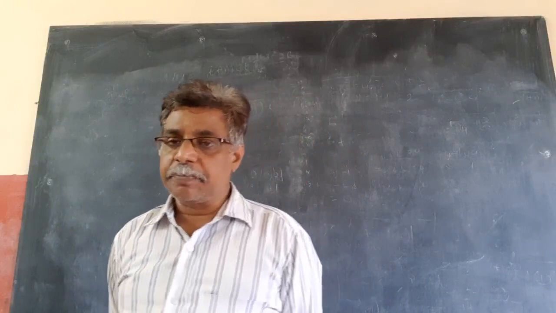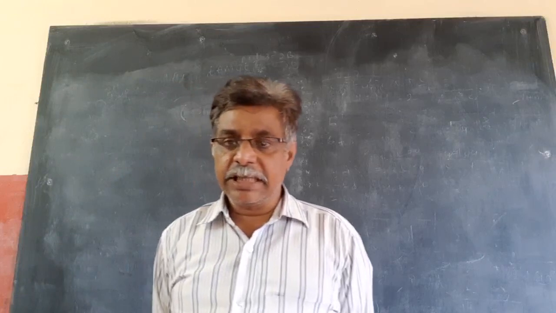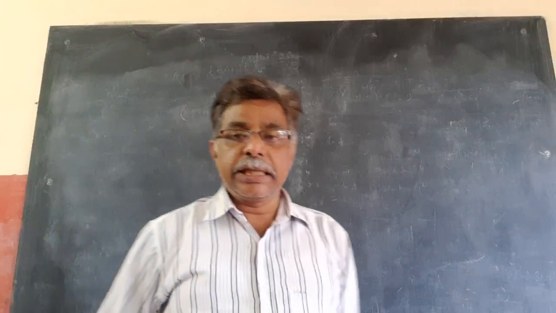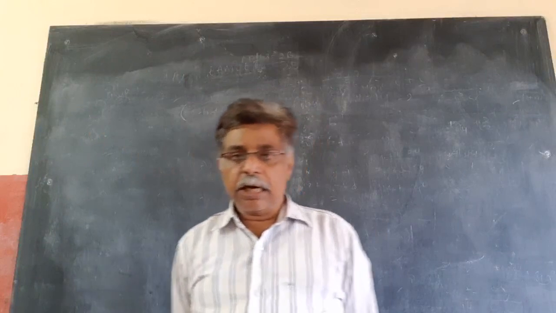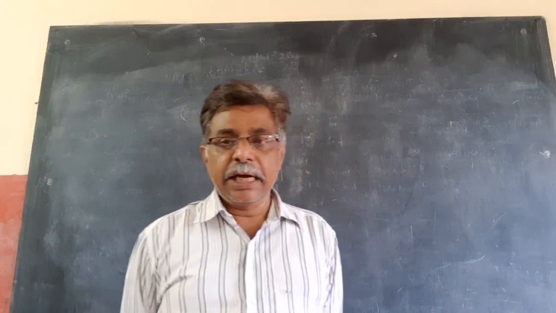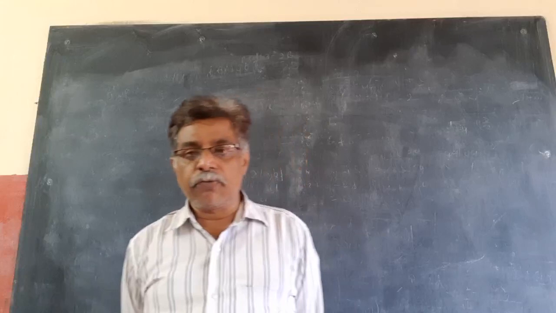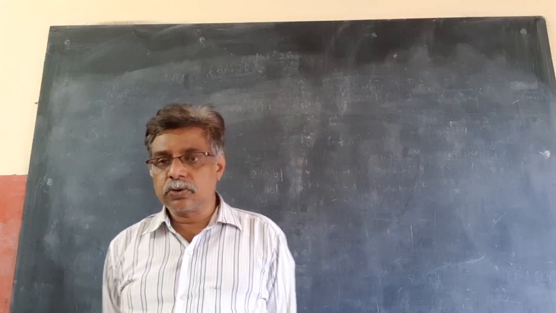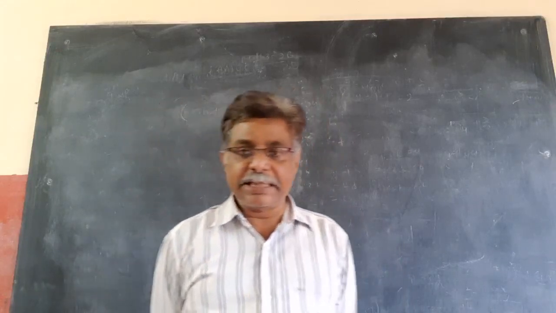Next, what more we discussed? Sum of the roots alpha plus beta is minus b by a, alpha into beta is c by a. Then we discussed if the roots are increased by k, then the equation becomes f of x minus k, and if the roots are decreased by k, then the equation becomes f of x plus k. If the roots are reciprocals of the original equation's roots, then the new equation is f of 1 by x. And if alpha, beta are the roots, the equation with roots minus alpha, minus beta is f of minus x. All these we discussed in the basics yesterday.